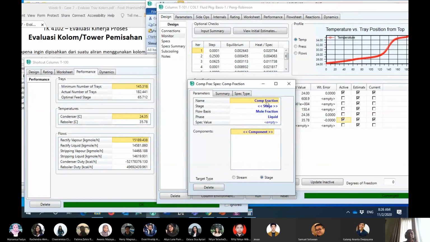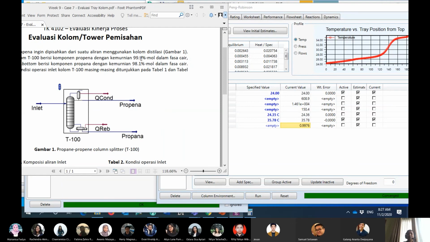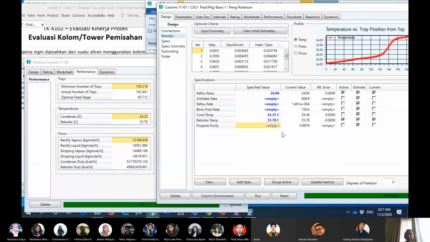Yeah, so this one is the propane at the stage of the condenser. In the liquid, I will use this one, the propane. Okay, the current value is around 99.7. Okay, so this one is 99.9. Okay, so I have to increase this one around this